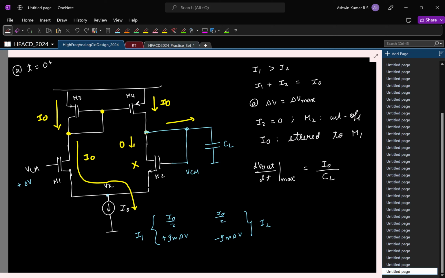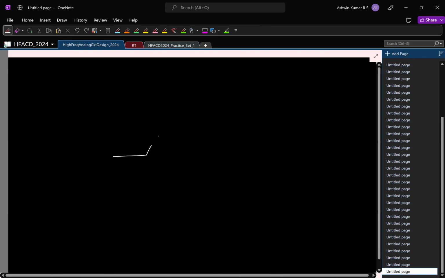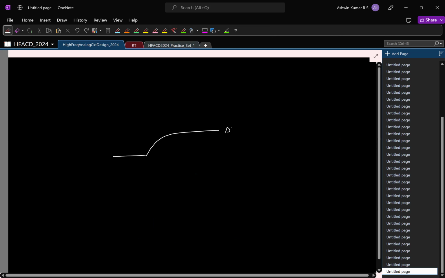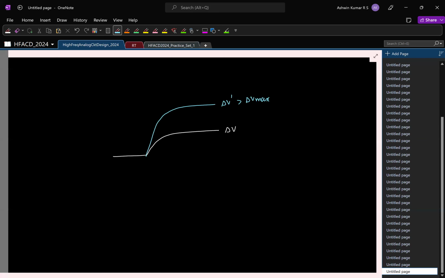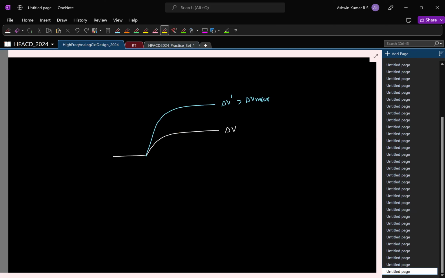So basically, what this means is that, ideally, if we apply a step delta V, we expect a nice exponential settling like this. Now, if I apply a voltage, let us say delta V prime, greater than delta V max, if it were an ideal OTA, the output will be a scaled version of the same curve, right? But now, what's happening is the voltage you applied is so large that the current demanded at